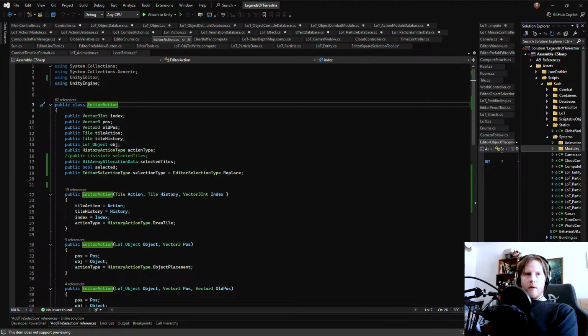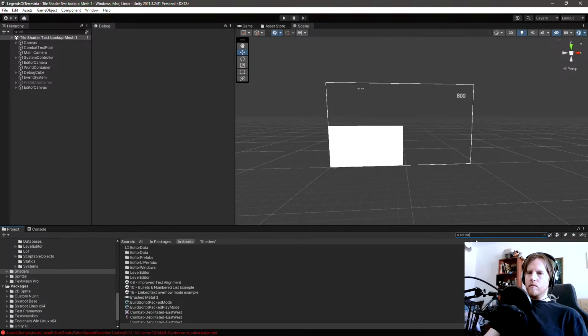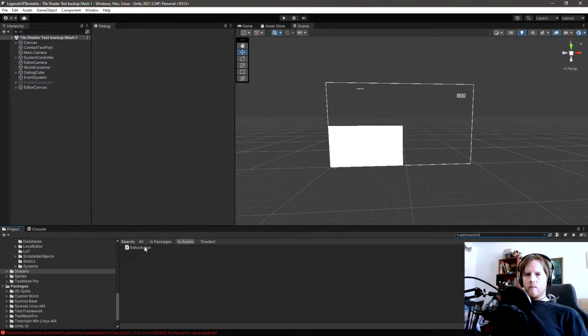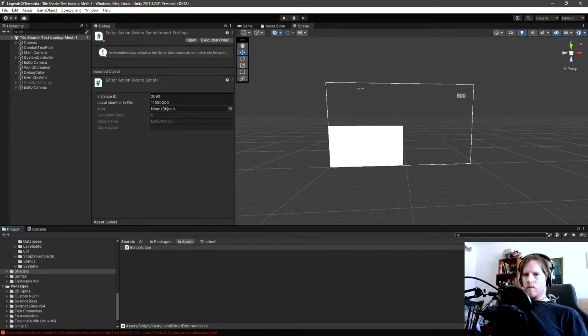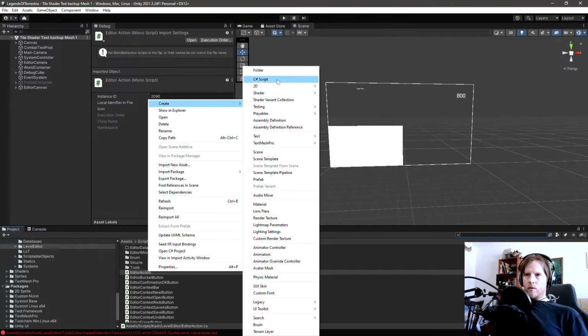Where do we have editor action? It's in level editor. We'll make a new folder.